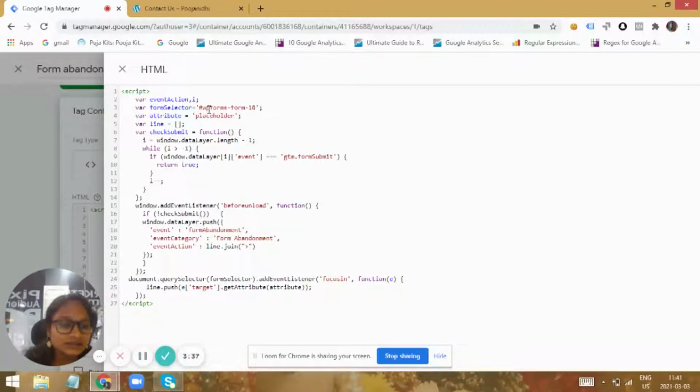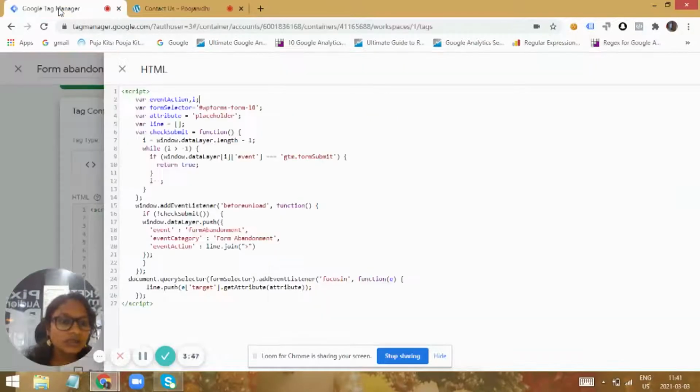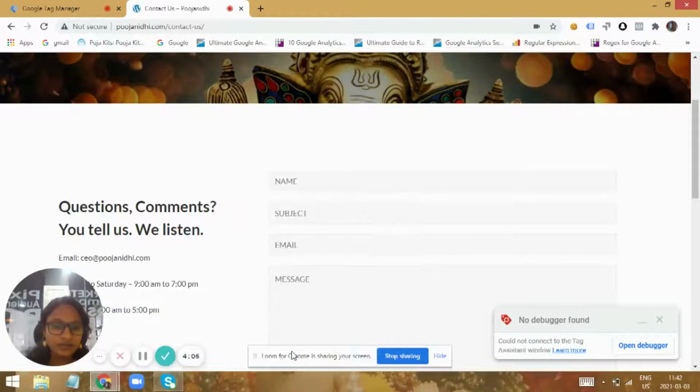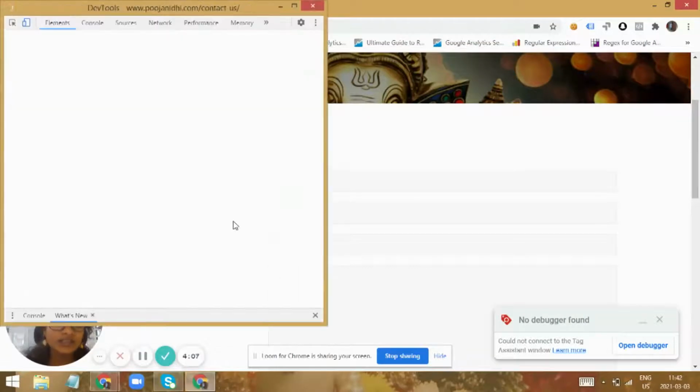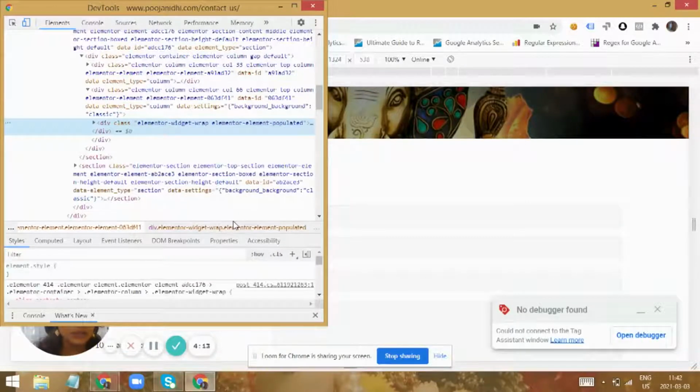If you could see, this is the entire JavaScript code that would run at the backend when the user would abandon your form. For that, you initially need to identify the forms that the user is ready to fill. Firstly, we need to define some variables, and this is the form selector. Each form will have a particular ID. Let me get into the console of this website, and I'll show you the form ID. In any website, each form will have a particular ID or a class based upon which we can identify the very particular form we need to track.